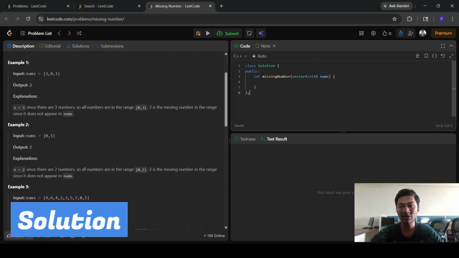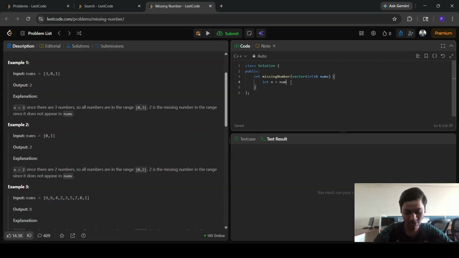Let's start the code. Here we take a variable int n equal to nums.size. After that we take expected equal to the sum of the first n numbers, n into n plus 1 divided by 2. Then we take an actual variable equal to 0. We run a for loop